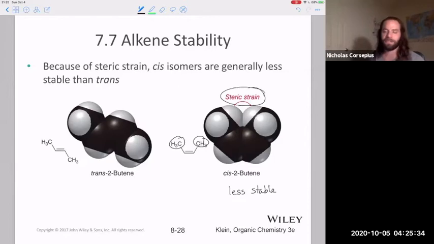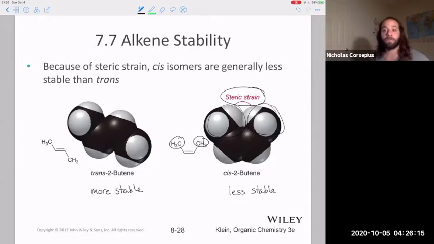This model picture of this molecule might look a little weird. These are what we call space fill models, where we try to imagine the actual size of a carbon and a hydrogen given its electron cloud size. You can see that the size of the electron clouds are quite big compared to what we draw when we do our bond line structures. But anyway, it illustrates nicely the fact that when you have these 2 methyl groups on the same side, they have steric strain. So then you can imagine replacing them with something even bigger and bulkier, and that just makes it even less favorable. The trans conformation, where they're on opposite sides,